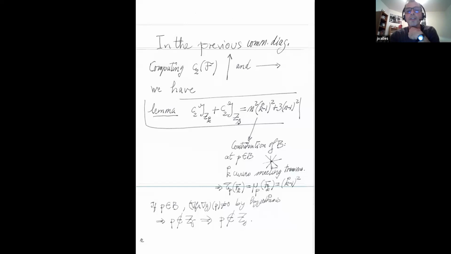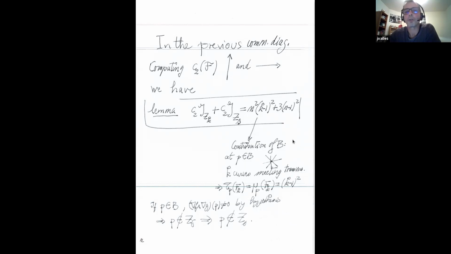So this, the B here is exactly in zeta k, and does not intersect zeta s, so it does not contribute to zeta s. And so the goal now is to put all the (3n-1) squared into zeta k, and then zeta s will be empty. Okay, the contribution of B, in this case, the Tjurina number coincides with the Milnor number, coinciding to (k-1) squared.